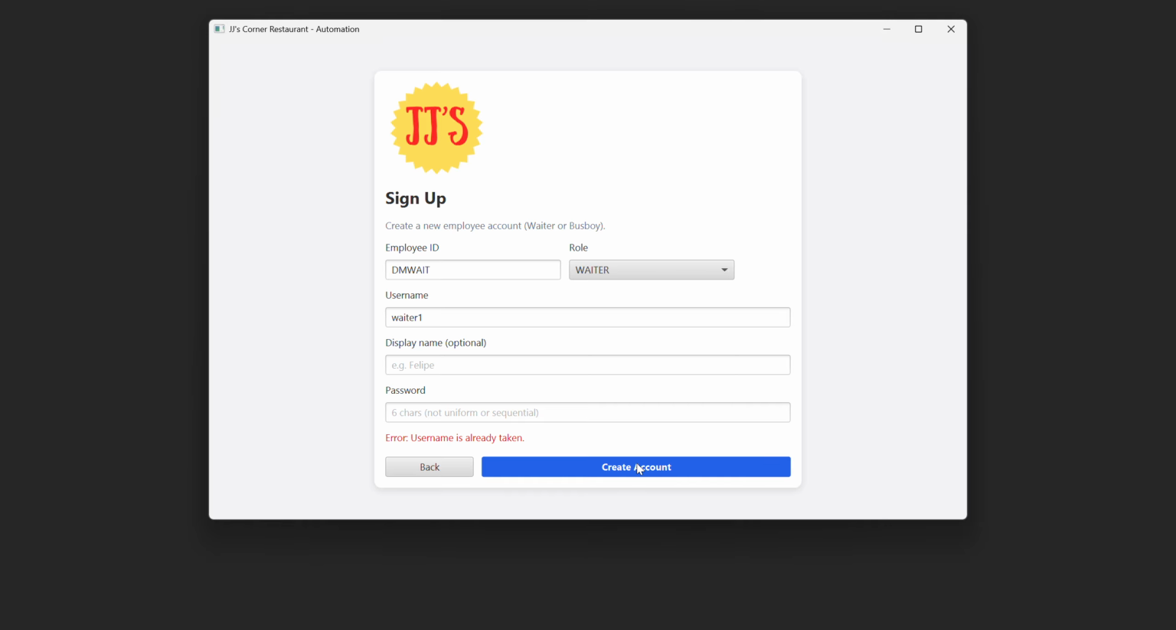And we'll try to create the account, and we'll see that the username we've put in is already taken. So we'll put in a new username of demo waiter. We're just going to fill out the display name with all caps test. And we're going to try to put a password in of